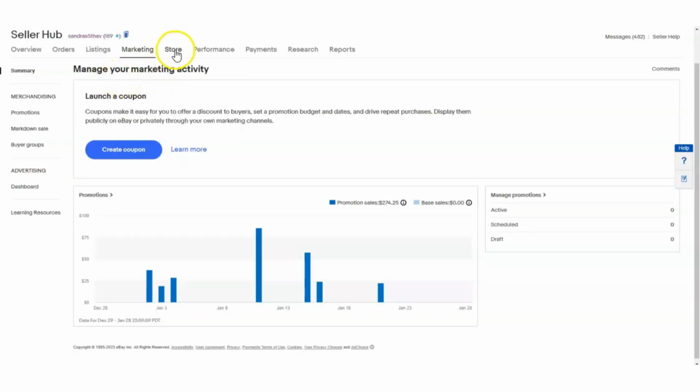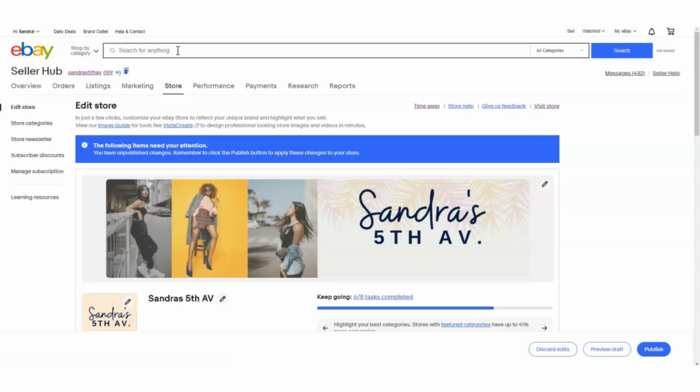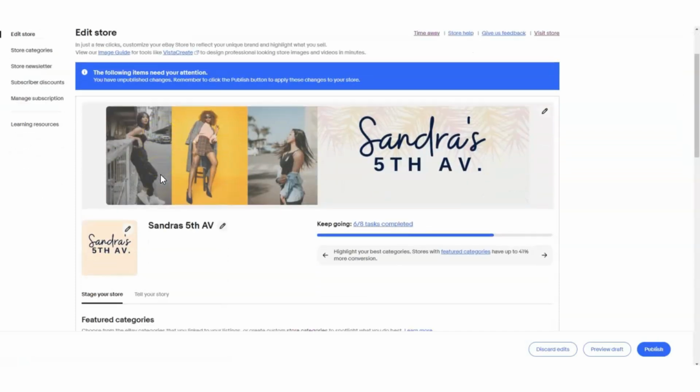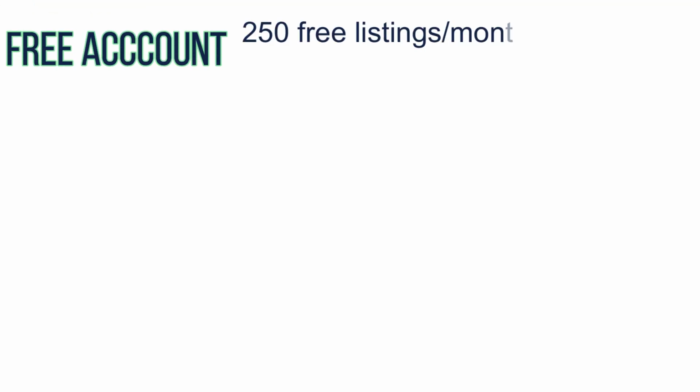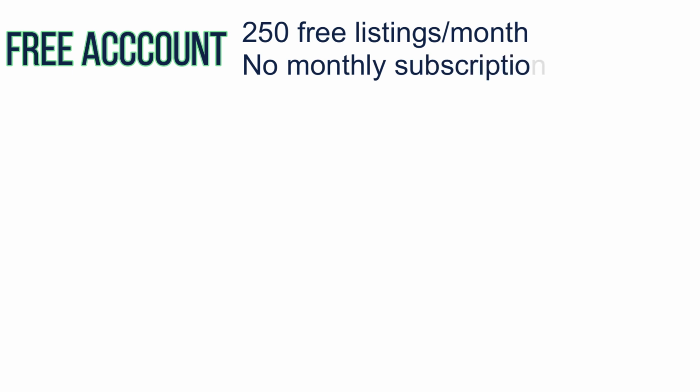Now we move on to the store tab. As I mentioned earlier, I do have an eBay store subscription. So what I see when I click on the store tab is going to be totally different from what you see when you have a brand new account. You will most likely see a page that looks like this, and that is because eBay starts you off with a free account. A free account gives you 250 free listings every month,